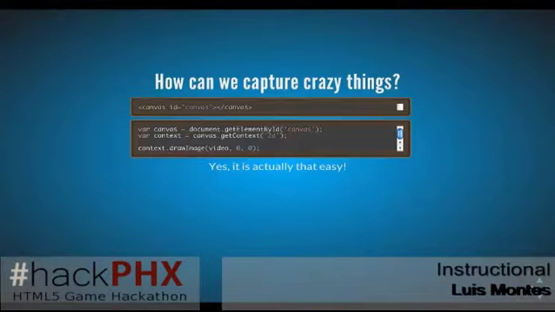Once you have that 2D context and you say draw an image, it doesn't have to be just an image. It could be a video tag. So you could take that video and put it into your canvas. You could put another canvas into your canvas. So drawImage is actually pretty powerful. It takes images or videos or canvas, or I don't know what else it takes, but it does that.